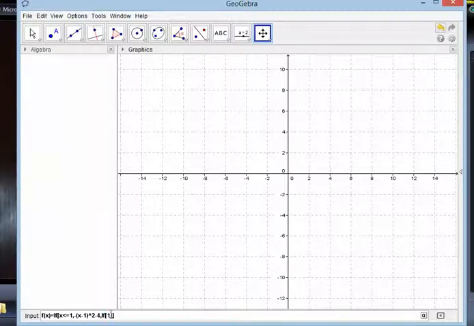Okay, 1 is less than x is less than or equal to 4, comma, and then my function, which in this case was the linear, 3x minus 7, and then another comma, and then another condition is coming, so we have to type if again. If, open bracket, and then in this case it's x greater than 4, comma,